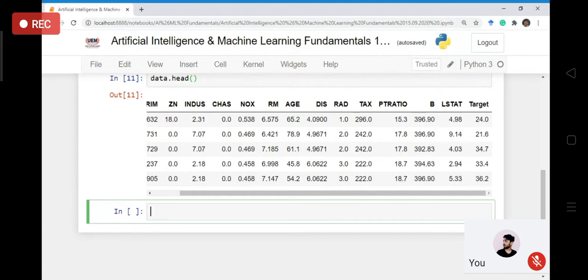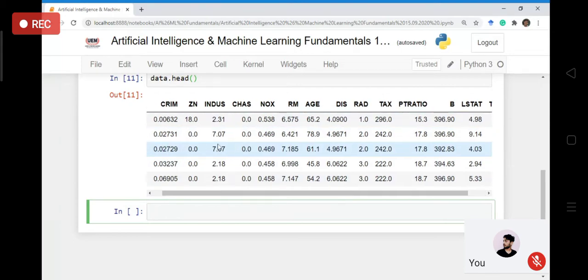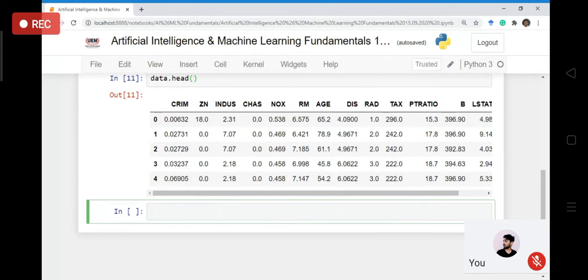So I'm not going into too much detail about what is correlation. You can just follow any standard statistics book to find it out. But let me show you how we can find correlation between all the different variables of this data set, so that looking at the correlation value we can figure out which variable is most important for the target variable. Okay. So how do we do that? We have a function called correlation, which we write as CORR. That returns the correlation values between all pairs of variables in a data set.